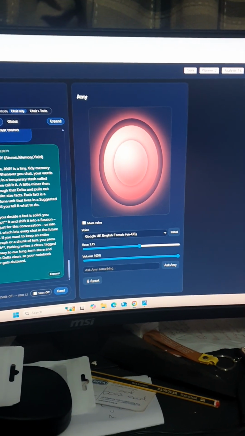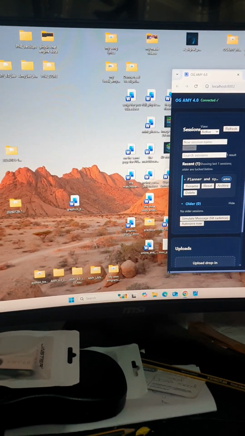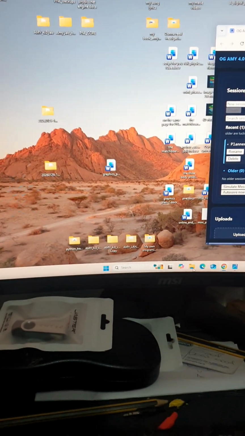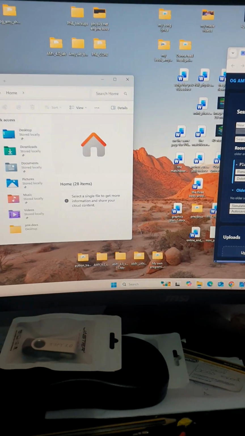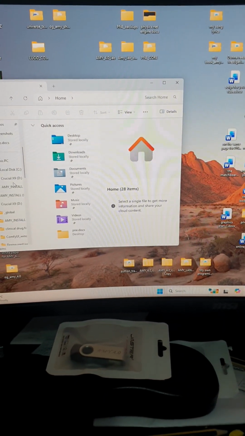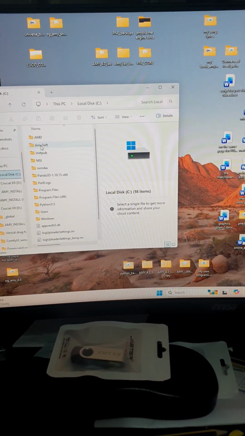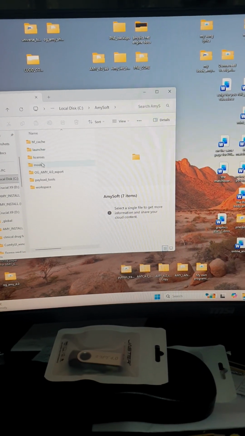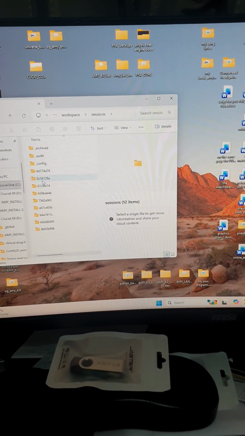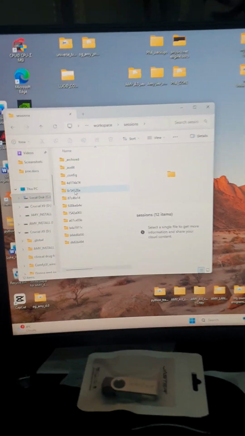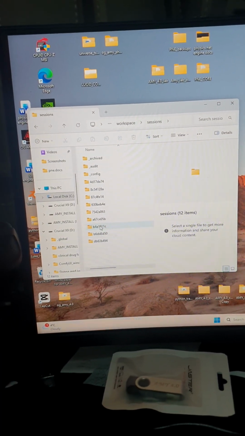You're not losing anything anyway. You could go into the actual files because it installs onto your system. It always drops into Amity, which is me, my company. So I'd click that. You go on AmiSoft, and you go into Workspace, Sessions, and there you go. Those are all my chat IDs. So you'd click one,